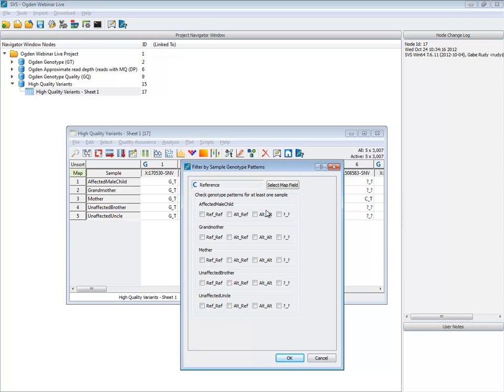Again, our affected male, we expect to be homozygous alternate, because we're not distinguishing between hemizygous and homozygous. Mothers and grandmother, we expect to be carriers, to have that in a heterozygous state. And the brother and uncle, because they are controls, they should be reference. But remember, we filled our holes in with missings, so missing also represents reference here.